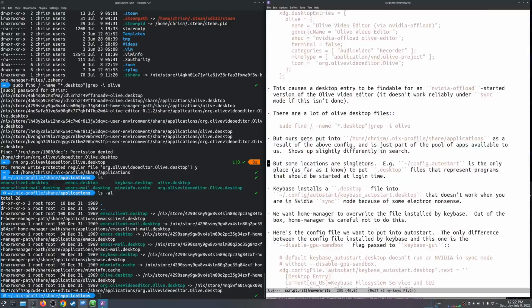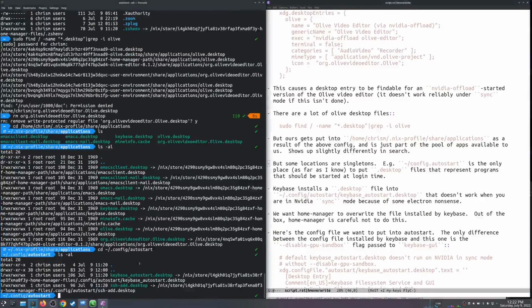But there are other locations that are singletons. For instance, this config.autostart place. As far as I know, this is the only place where you can put files that are found at KDE startup time, such that when you log in, some GUI app will come up. And in my case, I use an application called Keybase, which is a messaging app,